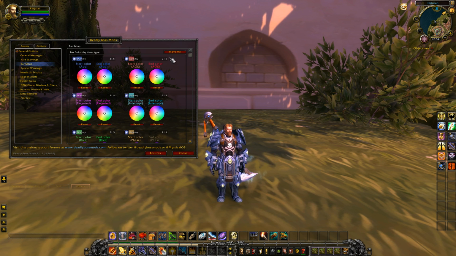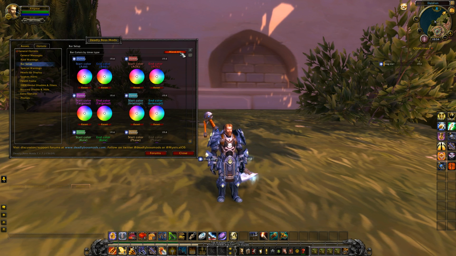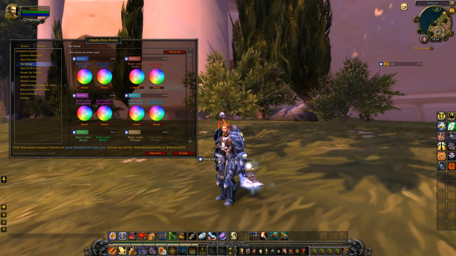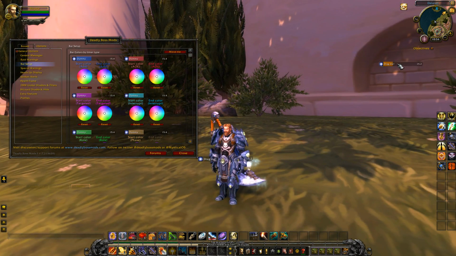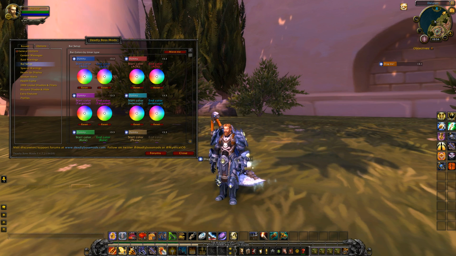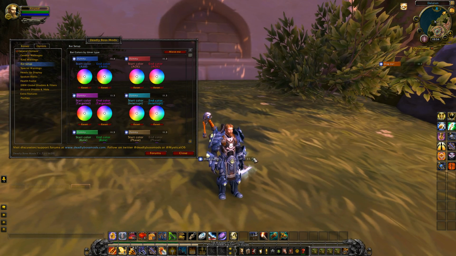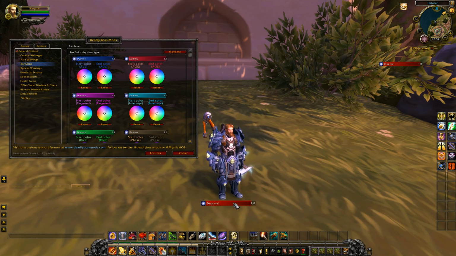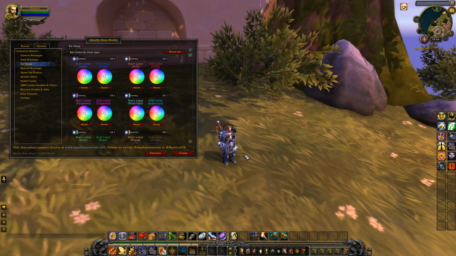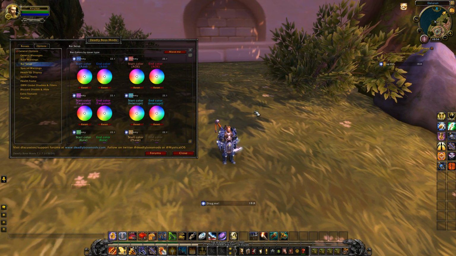We'll go to bar setup, and clicking move me here will give you 2 drag me bars for the little bars and the incoming. This bar right here is whatever's coming in soonest. So the next ability that's going to come in is going to move down here and be on a big bar.